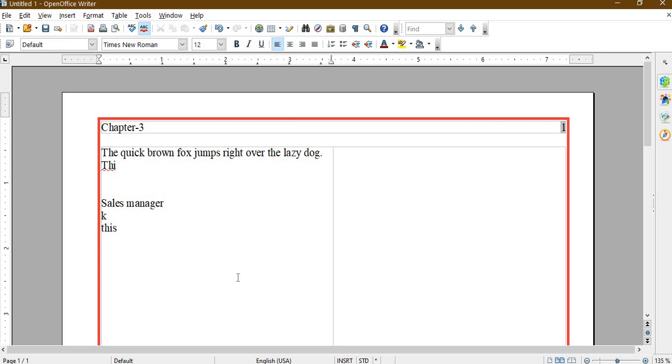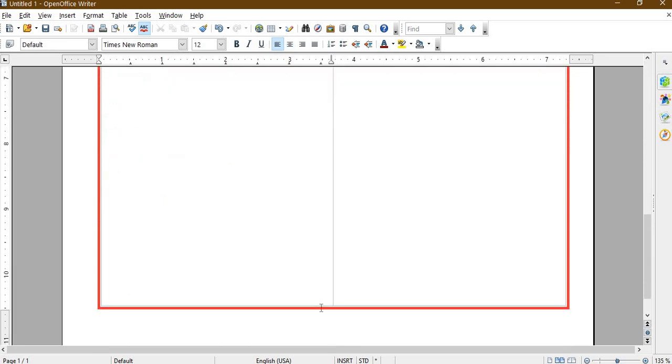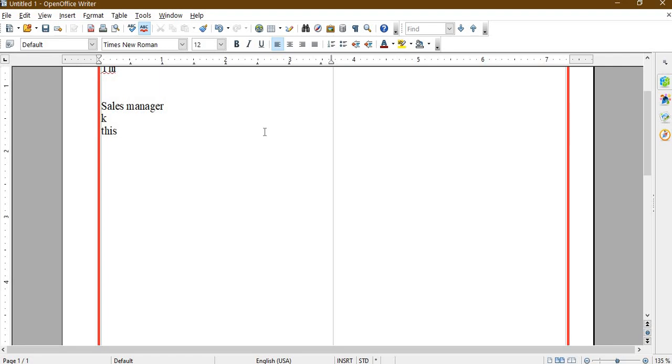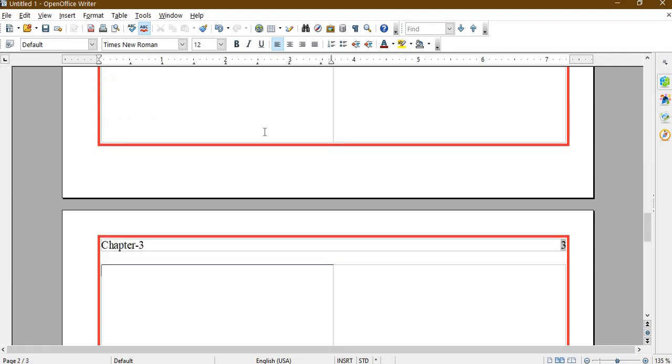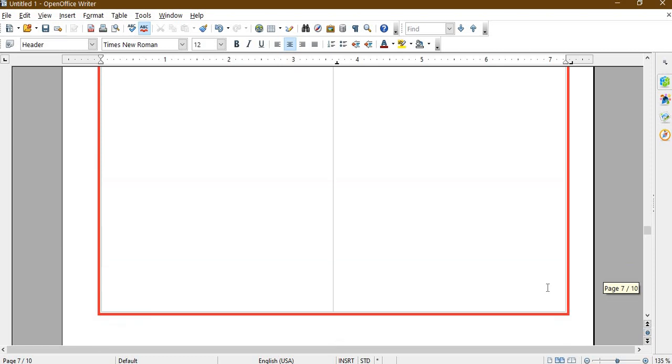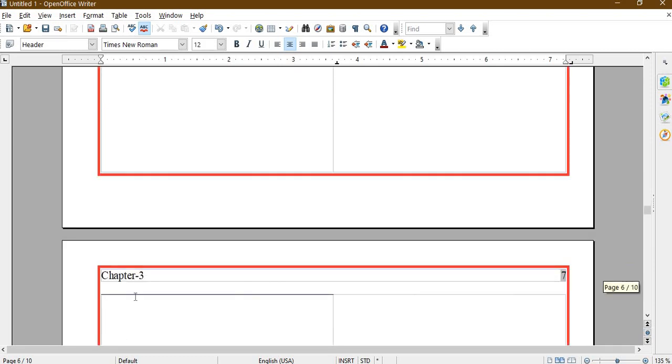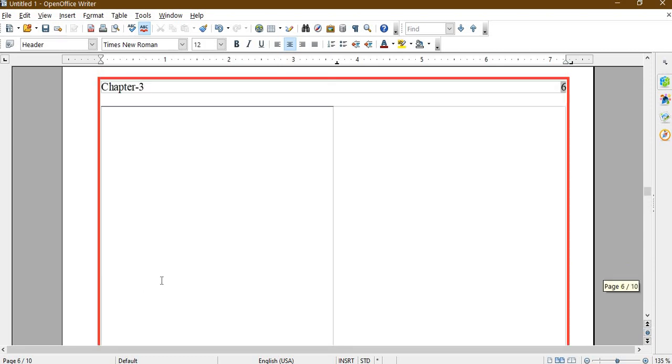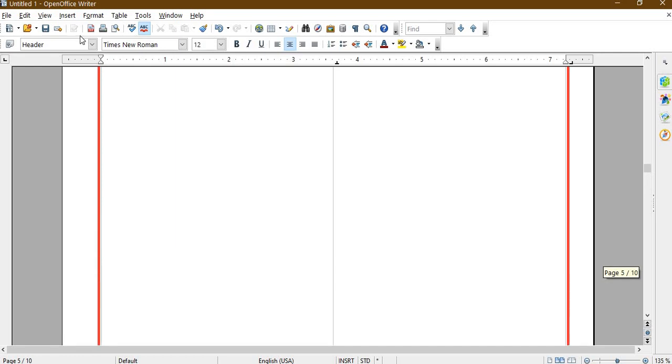So I have written chapter 3 and let's add a page break. So I have added 10 pages. See, the page numbering is automatically repeating, and similarly chapter 3 is also repeating. This is in the header section.